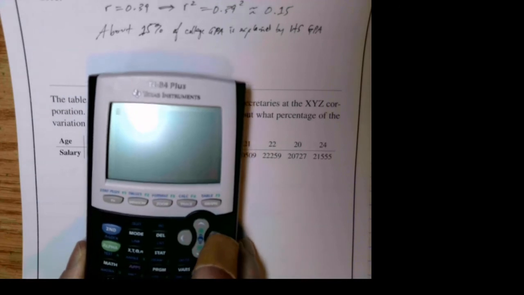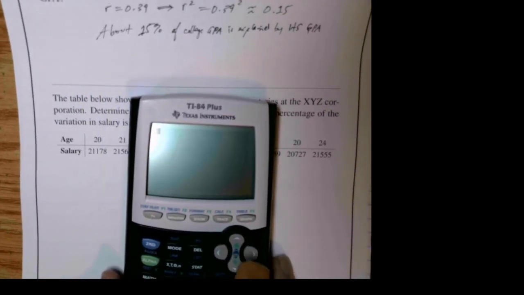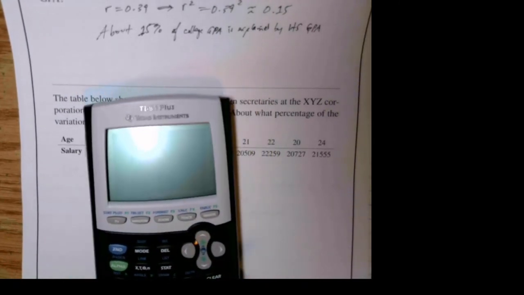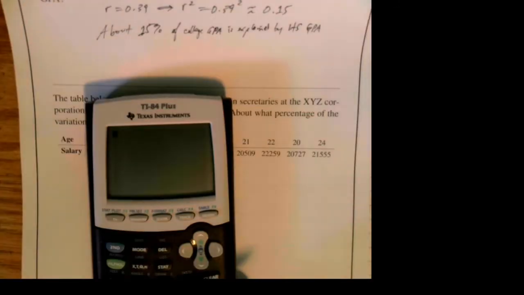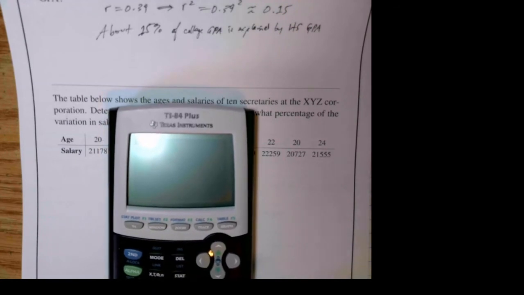So how do you get the correlation coefficient out of your calculator? Well, let's see, would it help if I turn this off? No. How about if I turn it down? I don't know. Anyway,